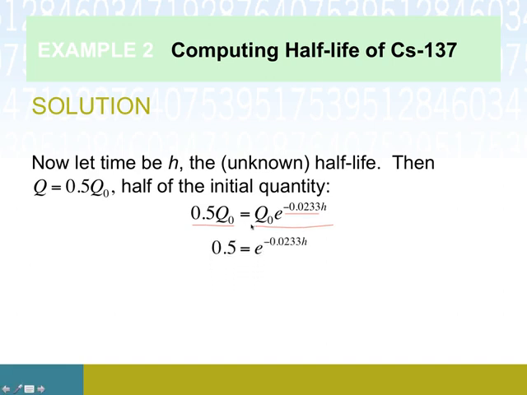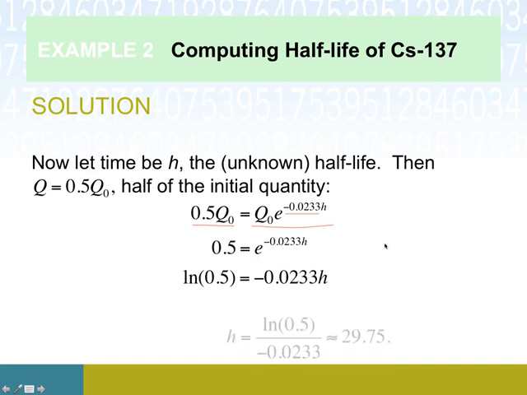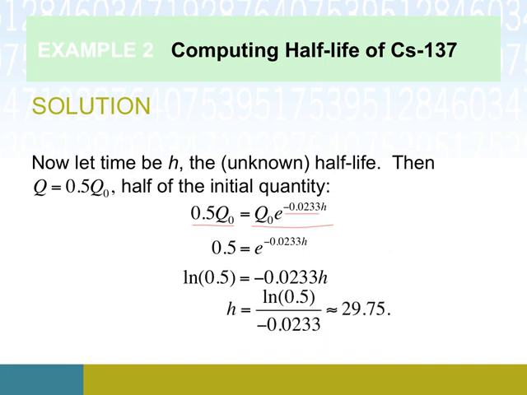So divide out that initial quantity. We've got a very familiar equation, and we do the same thing we did a minute ago. We take natural logs of both sides because that's going to help us pop this exponent out of that position. Natural log of e to the stuff is just stuff. So the last thing to do would be to divide by negative 0.02, etc., and get ourselves